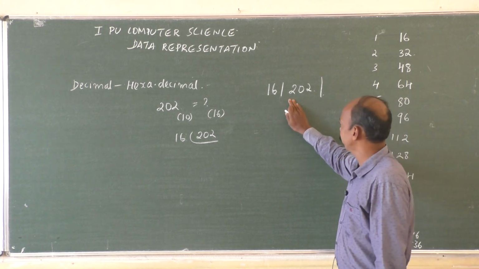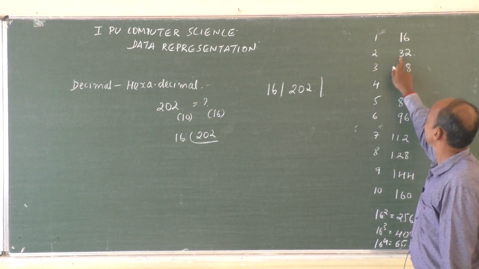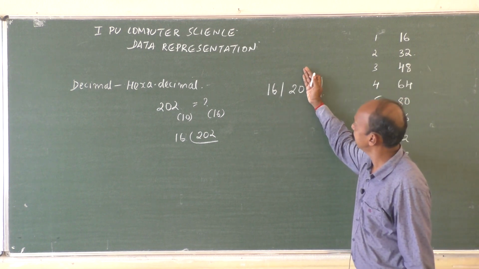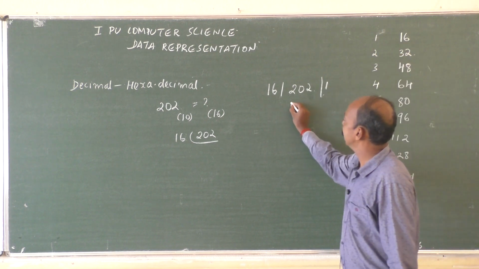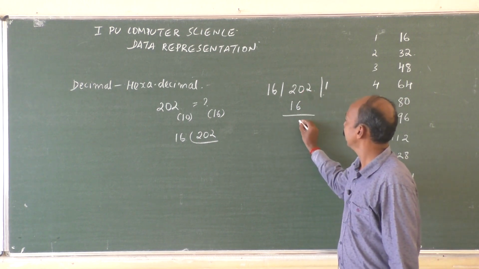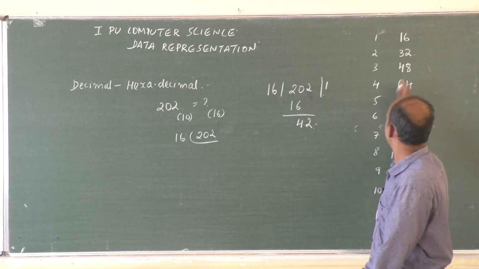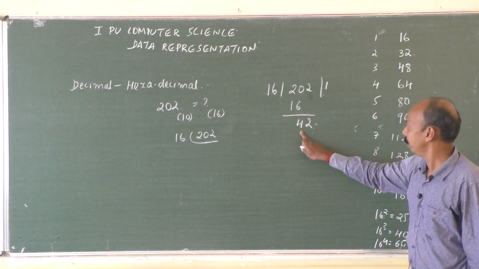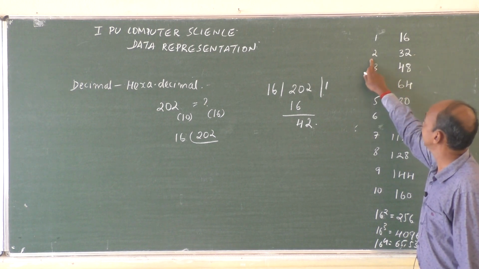First we take 20. See, 16 twos are 32, so we can't have that because what we have is 20. First we will look only at this part. So it is 1 times 16. When you subtract, it is 4. Then bring down this 2 here, 42. 16 threes are 48, but what we have is 42. It's not possible. Then we have to take 32, which is 16 twos.